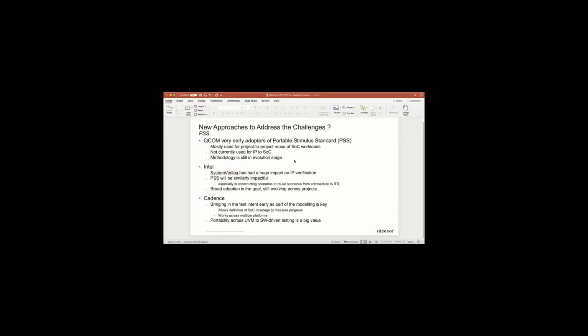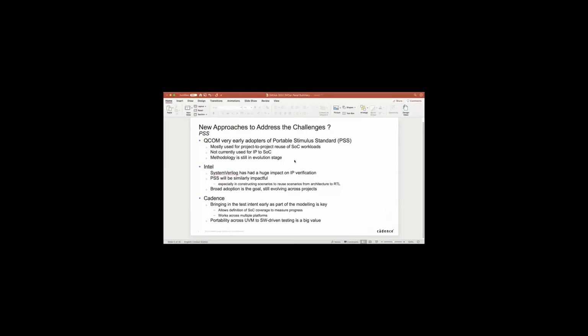We then talked about new approaches and went through a few of the things that are out there, and maybe things that may be coming. PSS, the portable stimulus standard, is one of the topics. Qualcomm shared how they were very early adopters of PSS. At the moment, it's mostly used for project-to-project reuse.